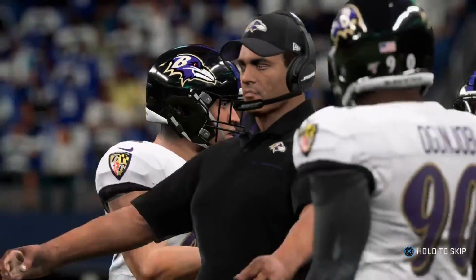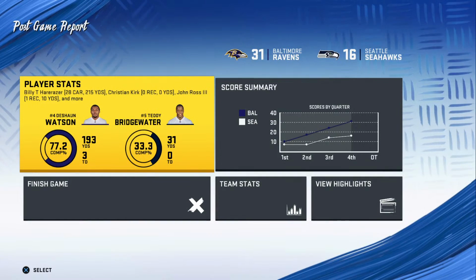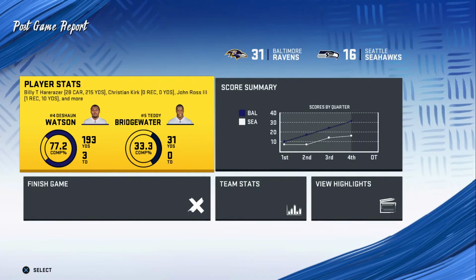So the final seconds tick away in this Baltimore victory, and they were spurred on by a strong performance in that fourth quarter as they held their opponents off the scoreboard. Everyone wants to pitch a shutout for the entire game, but when you throw one in the fourth quarter, that tells everyone that you're getting